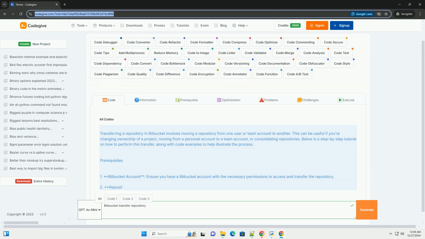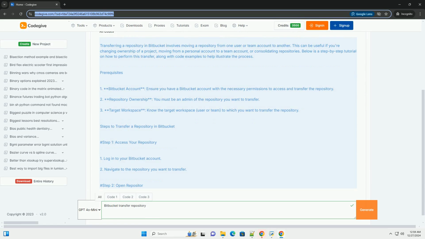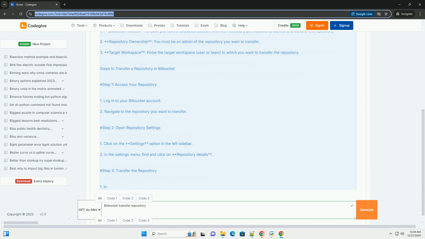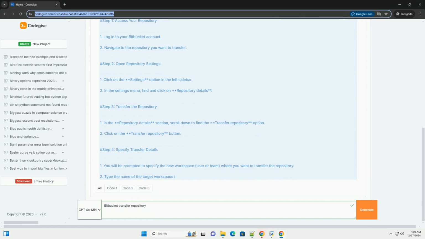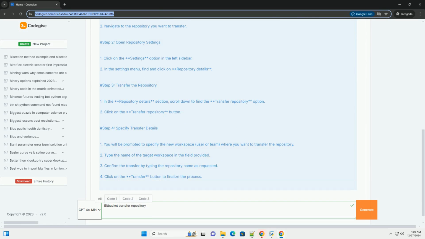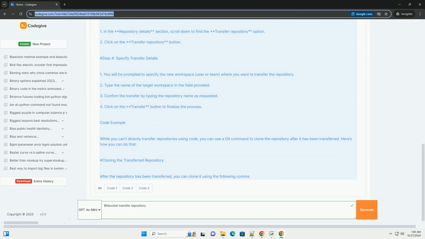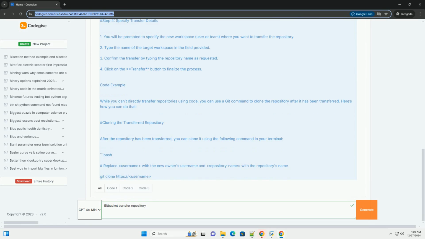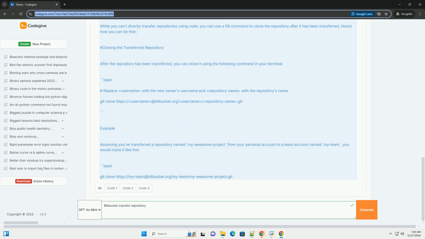Transferring a repository in Bitbucket involves moving a repository from one user or team account to another. This can be useful if you're changing ownership of a project, moving from a personal account to a team account, or consolidating repositories. Below is a step-by-step tutorial on how to perform this transfer, along with code examples to help